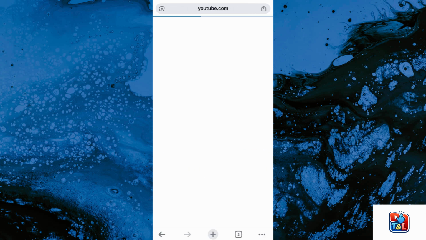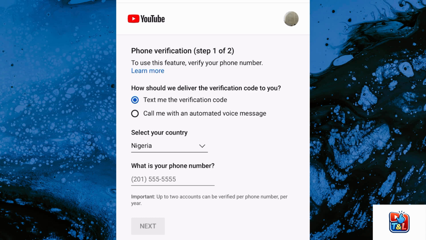Once you tap on that, it will take you to a place where you can put in your Gmail that is associated to your channel and your password, so that it takes you to the verification page without going back and forth. As you can see, this will take you to your YouTube channel. If this does not take you to your YouTube channel, just put in your Gmail that is associated with your YouTube channel and your password, and it will take you to this